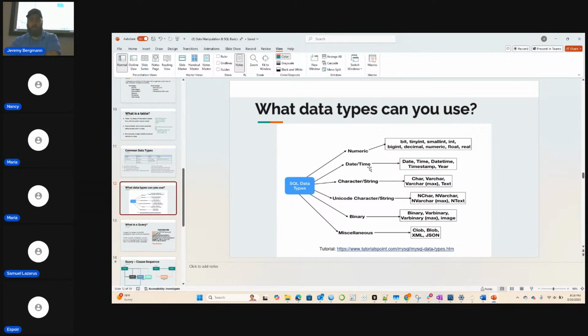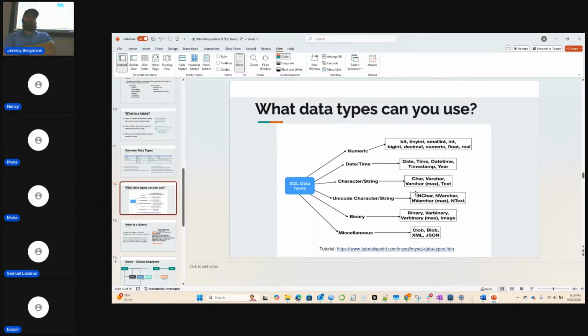Here are our numerics, our date times, different characters, strings you can use, Unicode characters and strings. So you can change it into a different character format. That's mostly useful for programs that need their strings stored in a specific format. You come across this all the time with data in a CSV file.